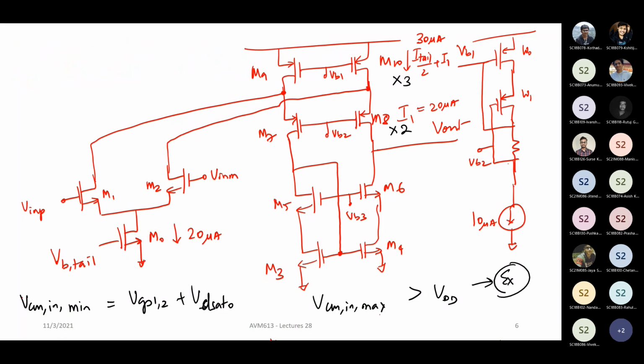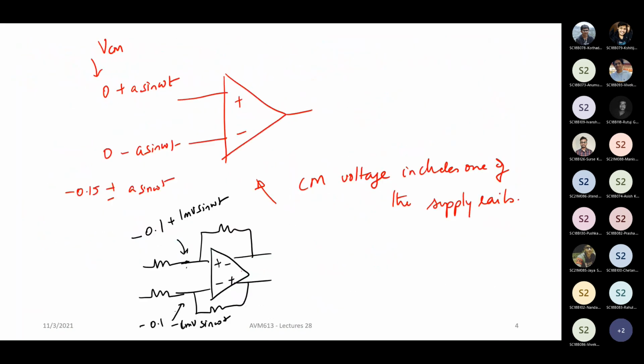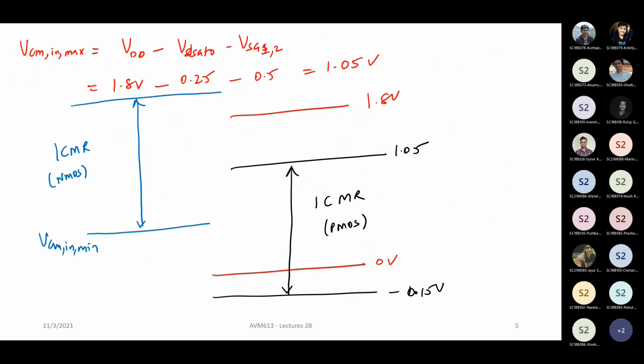Now, how to build a rail-to-rail op-amp? It is quite simple. Basically, you put both the PMOS and the NMOS together, right? Because if you use a PMOS input pair, it gives you all the way down to 0 volt, and it is coming down to above VDD by 2. In fact, if you design it in a smarter way, you can push up this value even higher. Whereas if you want to handle the higher end of the voltage range, you need to use a NMOS input pair where you can go to an input common mode range of even greater than VDD, right?